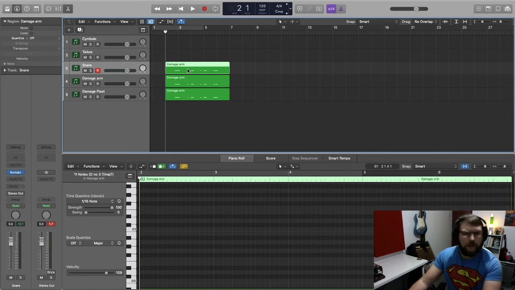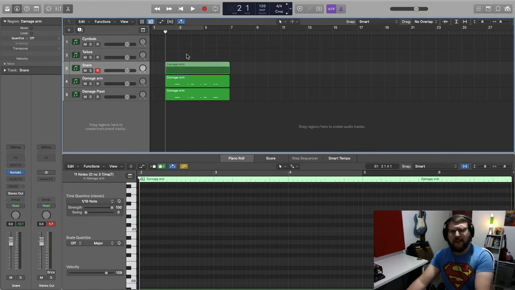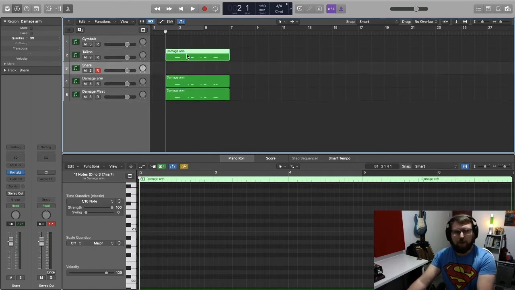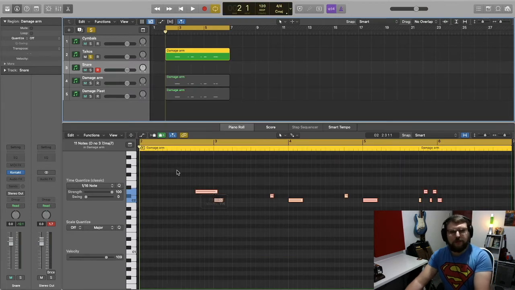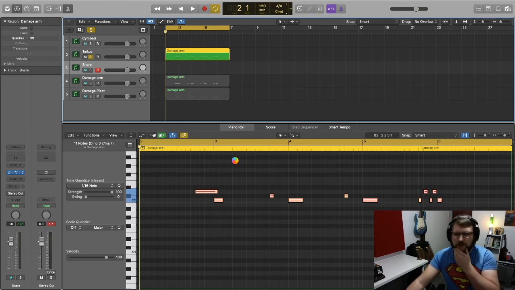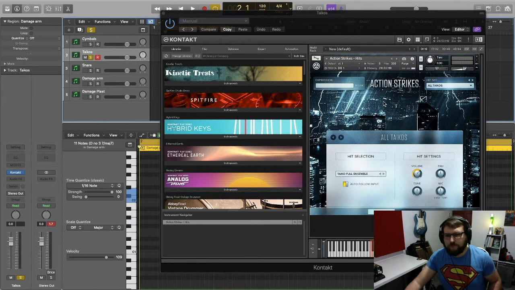So now, anyway, before we get to snare, because snare's kind of the secret weapon, I'll go on to my Tychos. They're just not good out of the box. So if I open this up, what I do here